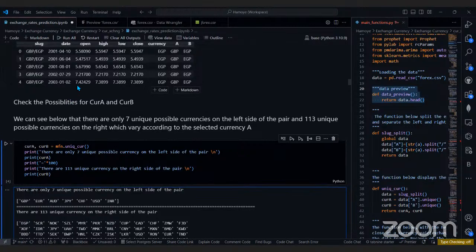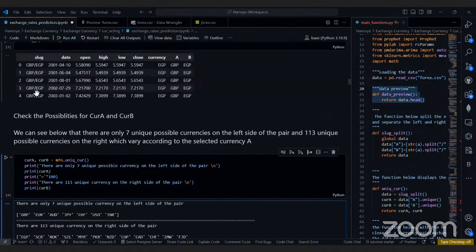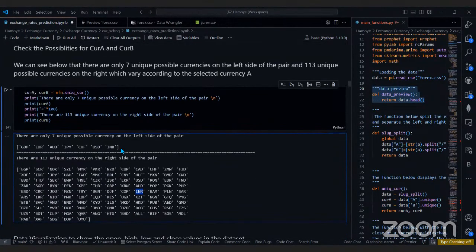So having said that, in this data set, we have just 7 of them that are used for comparison. We have the British pound, the euro, the Australian dollars, the Japanese yen. I don't know this one. We have the USD dollars and we have the Indian rupee.